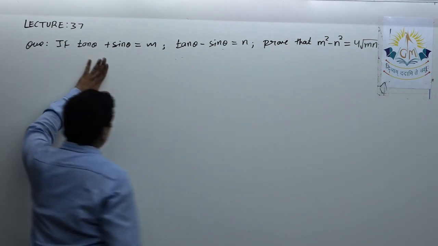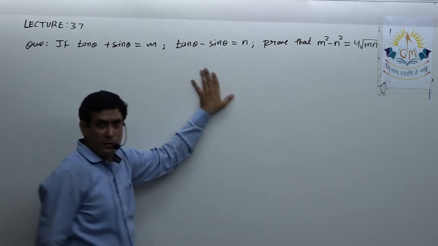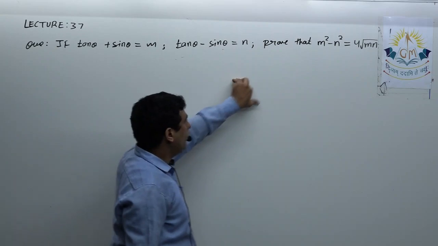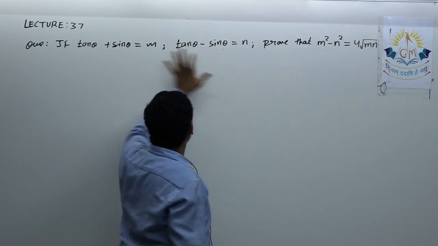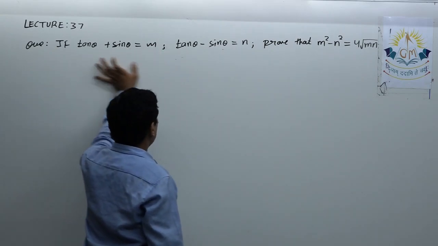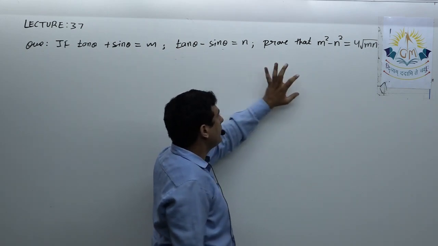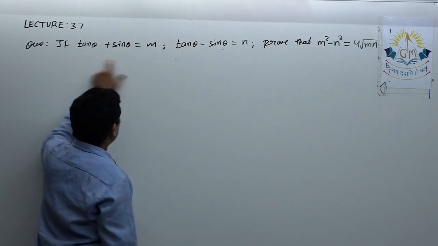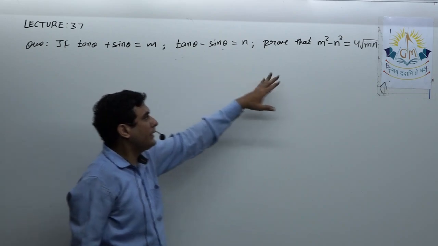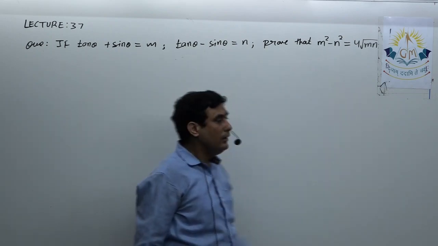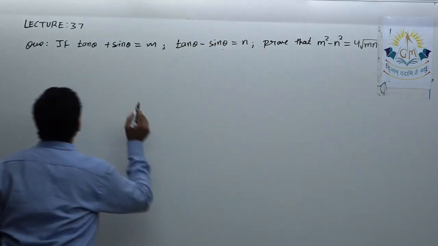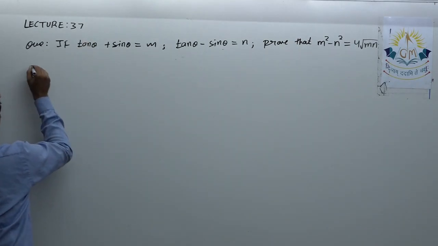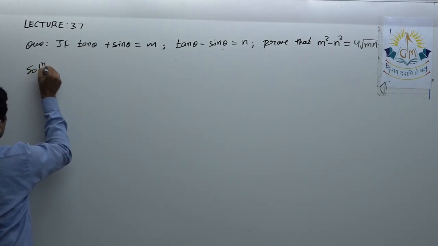Okay, so this is almost the same as the questions we solved till now. Over there it is not directly given that prove that the square of this minus the square of this is equal to 4 into the root of the product of this. Here they are giving it in terms of variables. So we'll start with the left hand side.